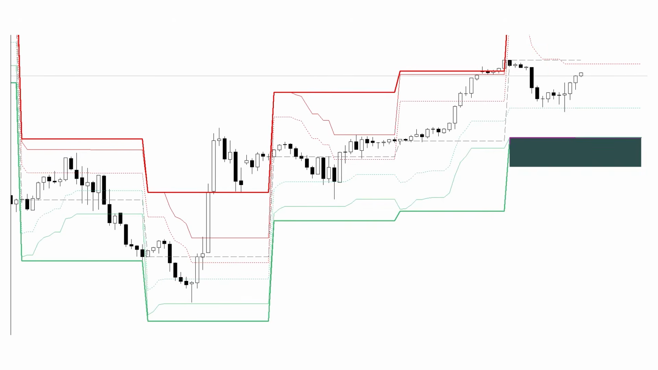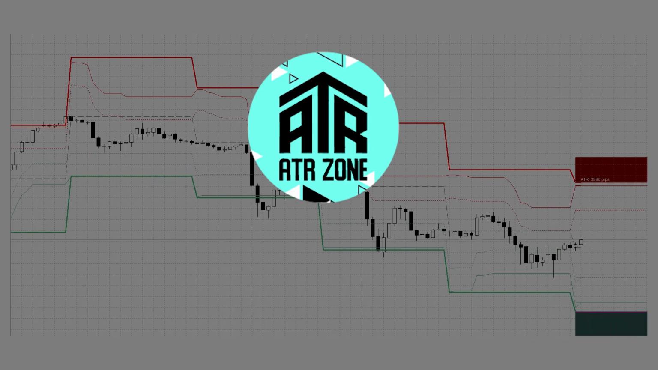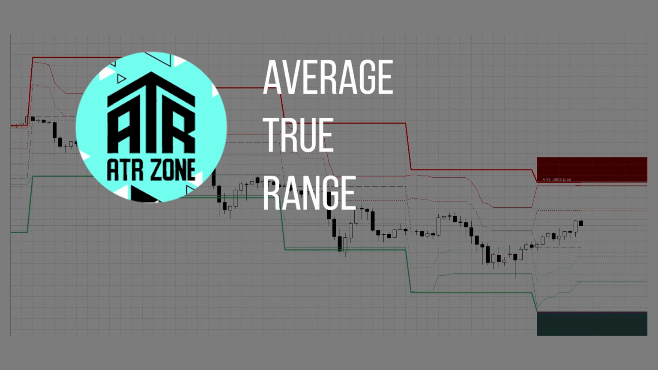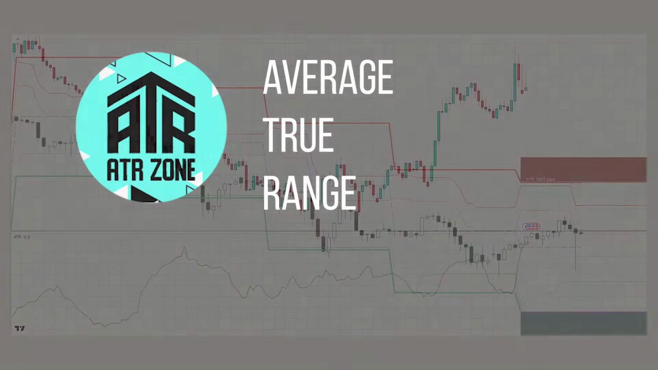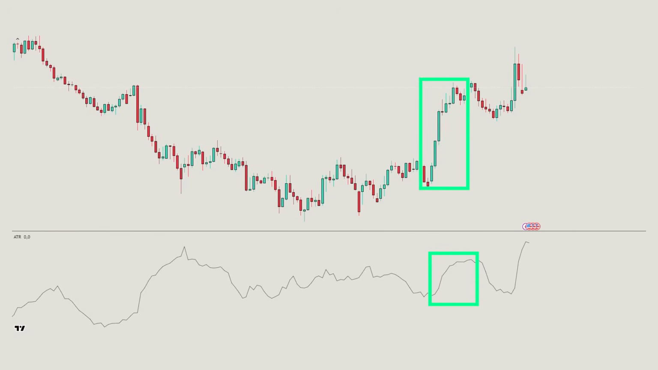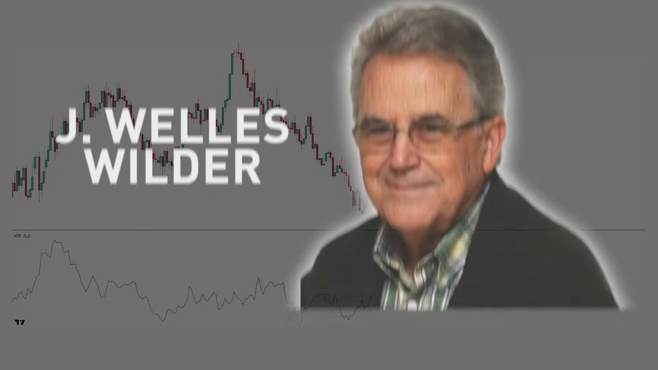To understand how ATR Zone works, you first need to understand the basis, what the ATR is. ATR stands for Average True Range. It is one of the most popular volatility indicators. It shows how much the price moves on average over a selected period, for example, a day. This tool was developed by the famous trader Welles Wilder, and today it is built into almost all trading platforms,